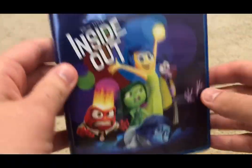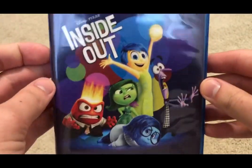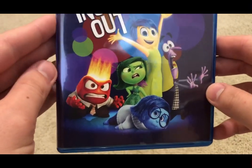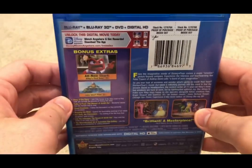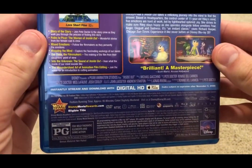And if we take it out of the slipcover, it looks similar, except of course it's not lenticular. The spine is similar, and the back is pretty much similar. Let's have a look at